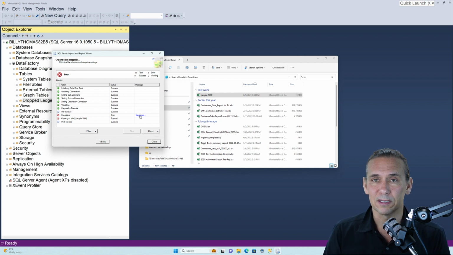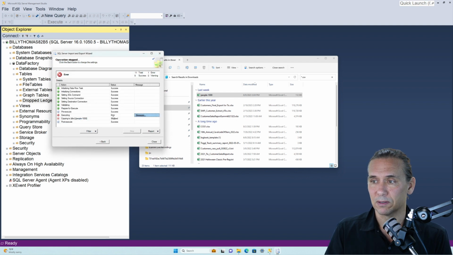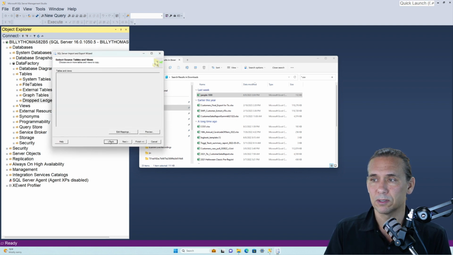We can click on this messages hyperlink and it'll tell us that basically we've got a column that's got data in it that's too big for what we had as a default setting. And that particular column right here, it says job title. So we're going to back up, make a correction, and come back to this so that you can see how we fix this. So if I just back up all the way to the source file,